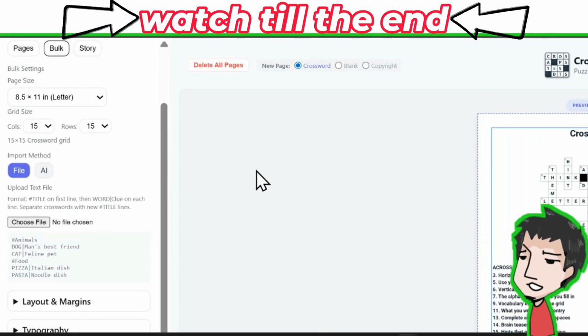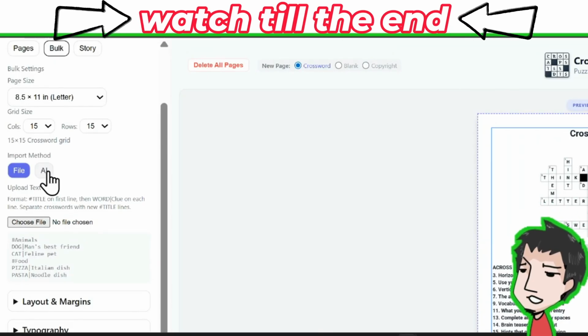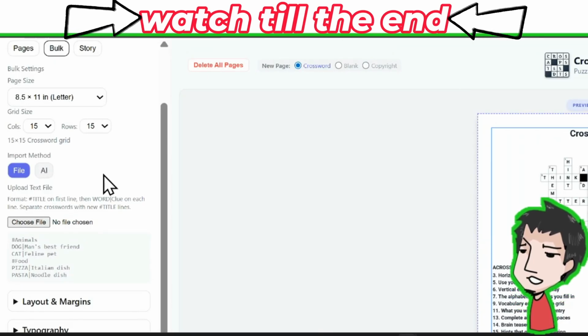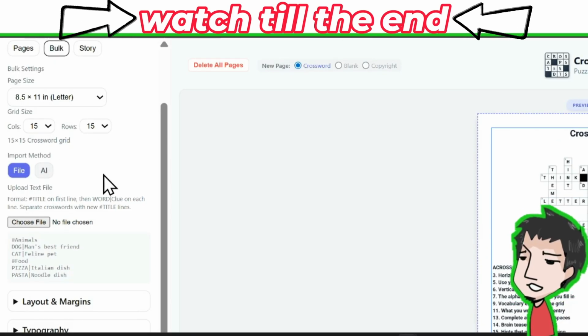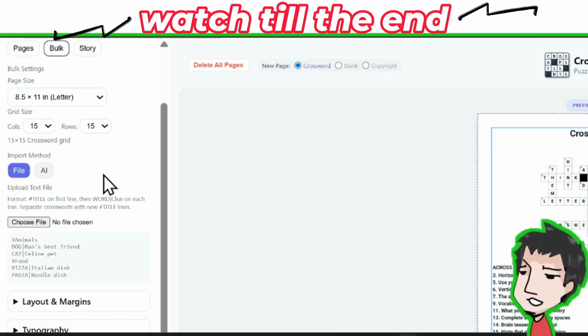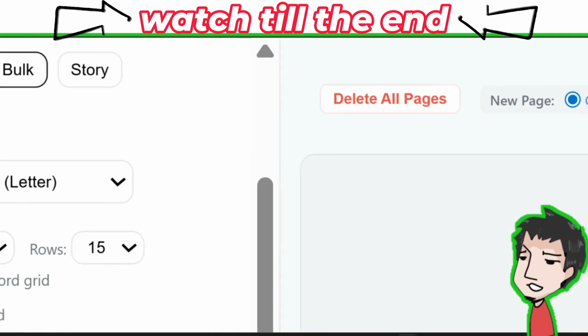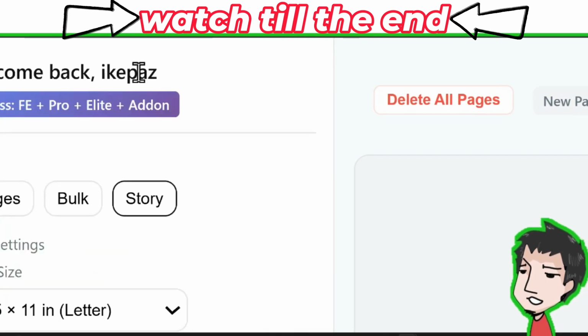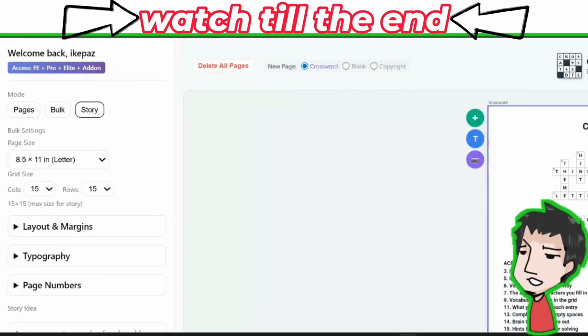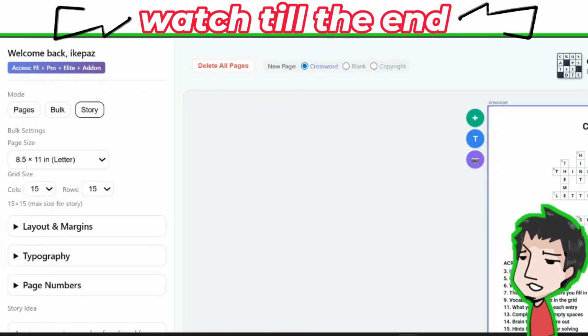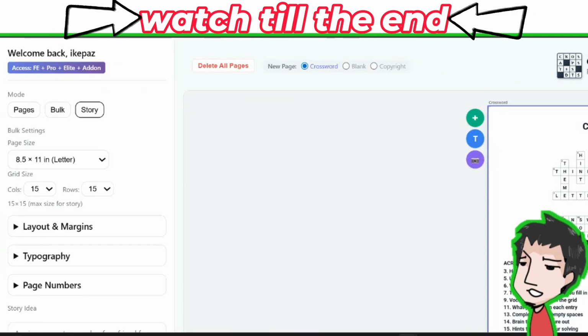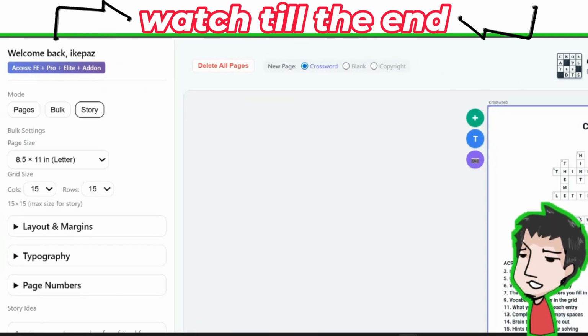Some of the puzzle apps have an AI feature here, depending on the puzzle app. And that is unlocked if you're an Elite Kai member. And let's look at the top again. Then we have the story tab. This is also an Elite Kai feature, which creates activity books out of the puzzle that you have. So let's say